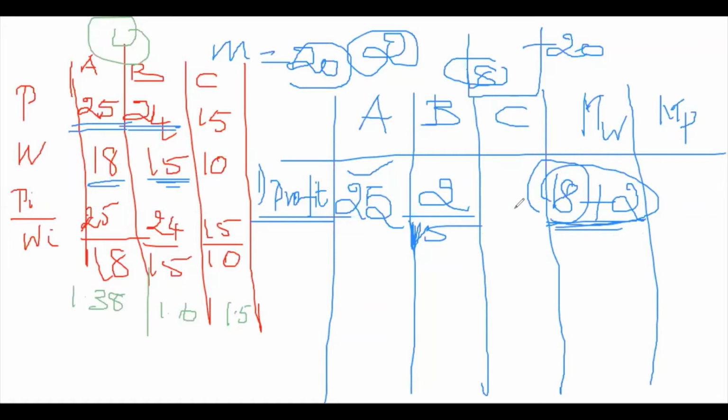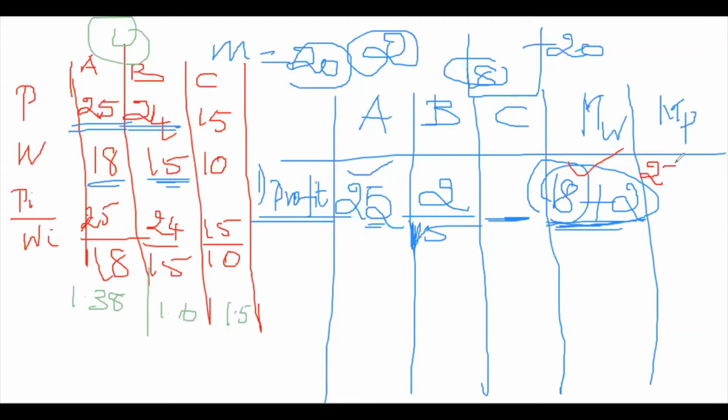So what about the C object? C object is not taken, so it is indicated with a dash, nil value. This is the weight, and based on your condition the weight is satisfied. Now I move on to the next thing, the profit. What is the profit? The profit of the first object, weight 18, is 25, so I write the same 25.